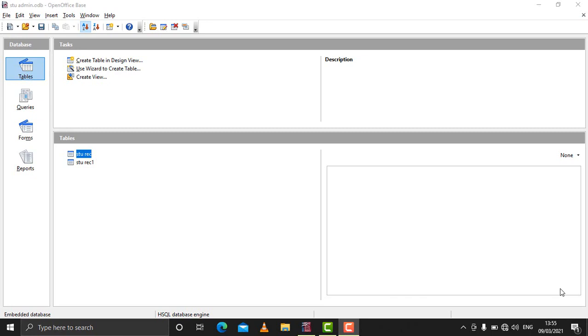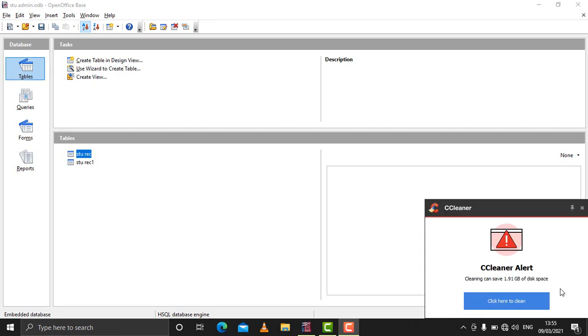We are still on third unit, that is database management system. We are now on session 5, that is queries in base. So now we will be learning how to create queries using different methods.